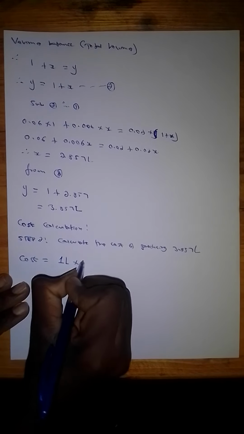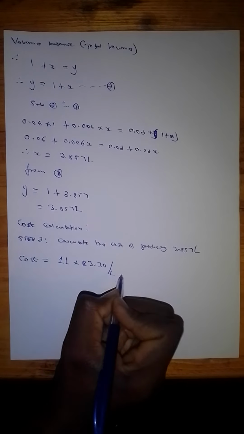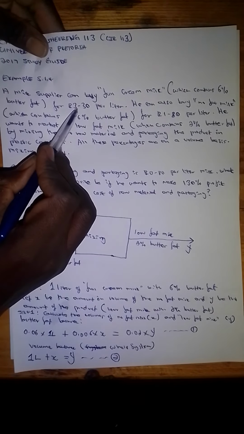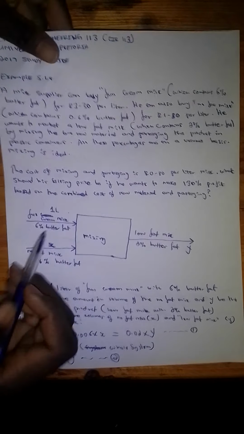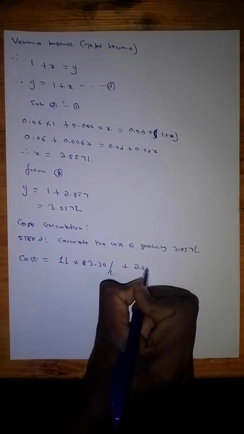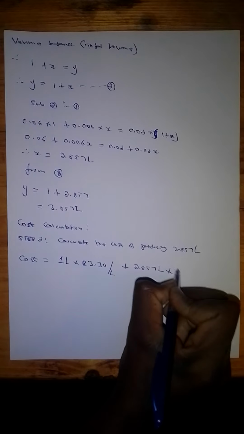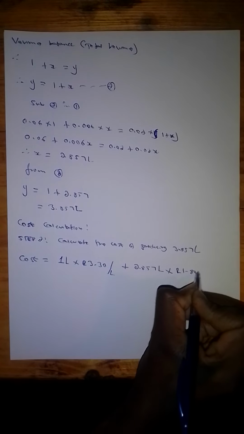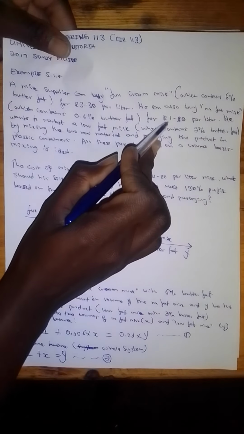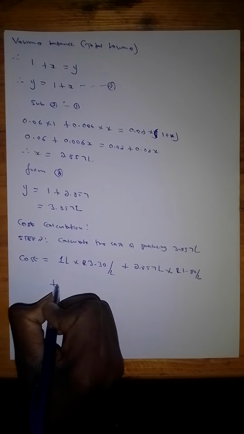1 liter multiplied by 3 rand 30 per liter. Remember, it's 1 liter of the full cream milk, and we are told that it's 3.30 per liter. And then we say plus 2.857 liters multiplied by 180 cents per liter. We calculated this to be 2.857, and we are told that it's 180 per liter, so that's that. Plus,